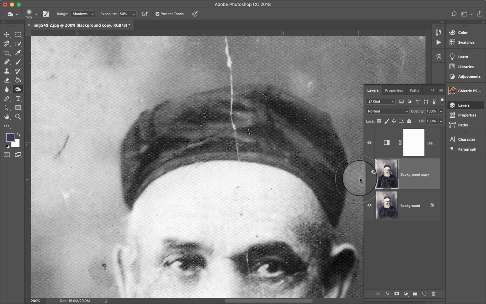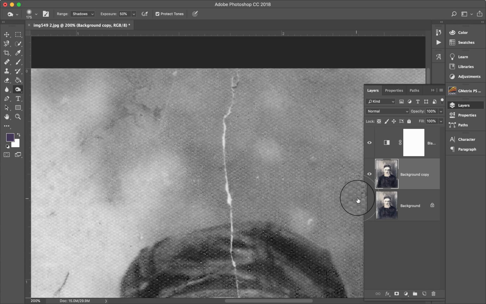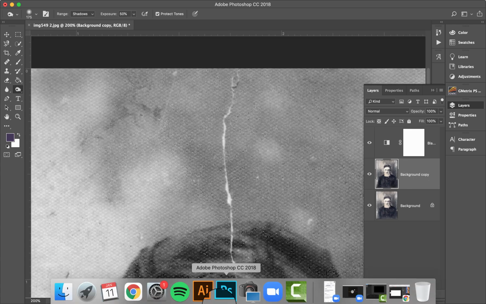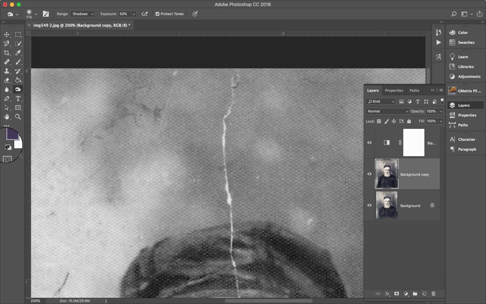Okay? No major modifications. Next thing, what do you think I need to do? What comes next? These scratches, right? What tool would you use to eliminate some of the scratches and dots? What do we think? Maybe the Dodge. You could do the Dodge. It would lighten it a little too much, so you could go through and lighten some of the spots. I'm going to use my Band-Aid, right? I'm going to use my spot healing brush. She works real quick. Again, I can change the brush size based on